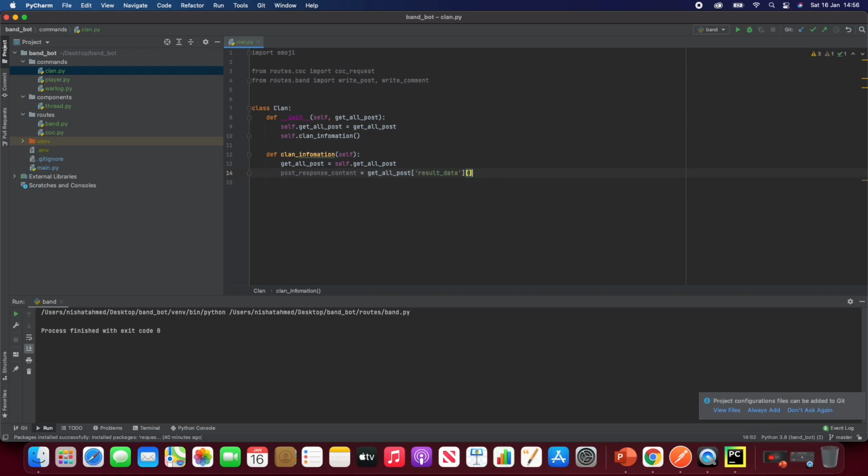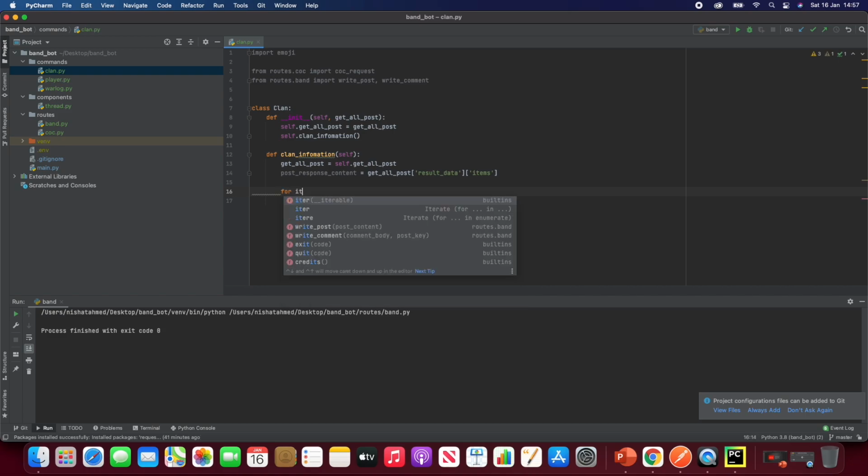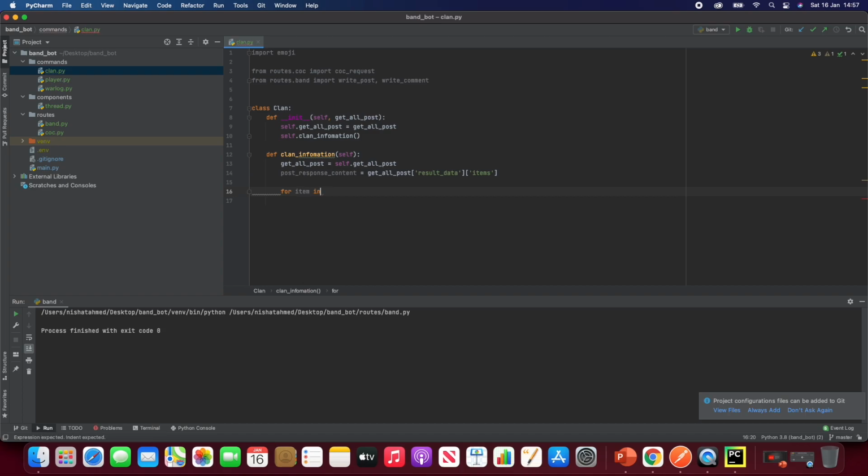And then we're gonna need the items, because we iterate through them, right? So I'm just gonna write it down. And now we're gonna iterate through, right? For item in post response content,